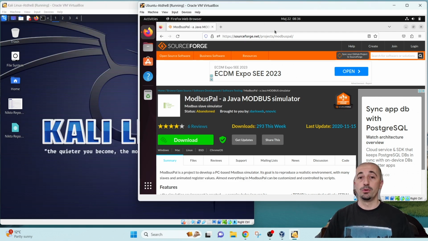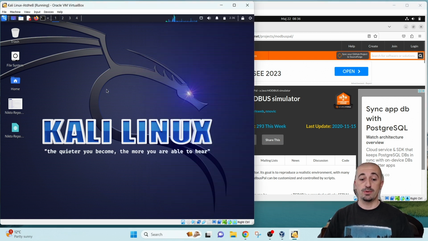On the Ubuntu, we will demonstrate step by step, using different commands, a Modbuspal Java Modbus simulator, and we will run a slave there. We will configure a slave there and generate data for that slave. All this you are going to see through this video. Okay, let's start. We are running Kali Linux, as we said, as an attacker,